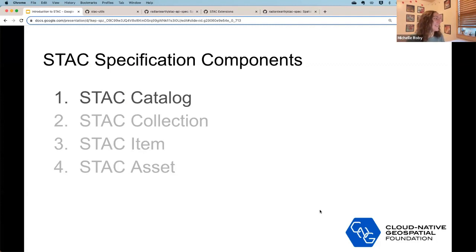I find that a little funny, but it's also slightly different. The Spatio Temporal Asset Catalog describes the whole system, whereas a STAC catalog is a specific part of it. A lot of this might take some time to get into and resonate in your brain if you're not familiar with STAC, but I hope that you can continue to rewatch this video and go through these slides and the other resources, and it will start to make sense. So if it feels a little overwhelming right now, that's normal.